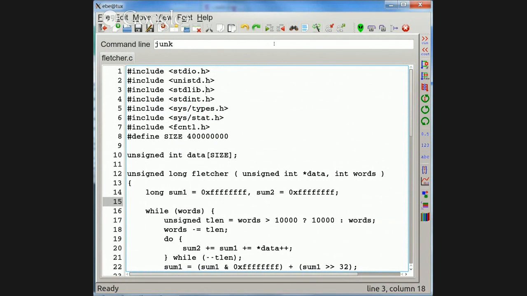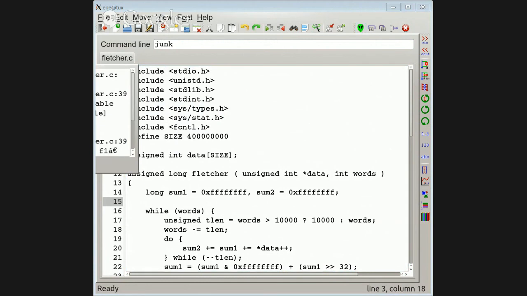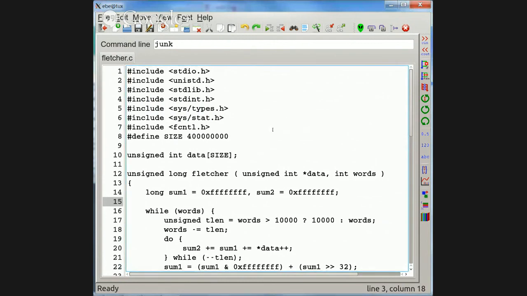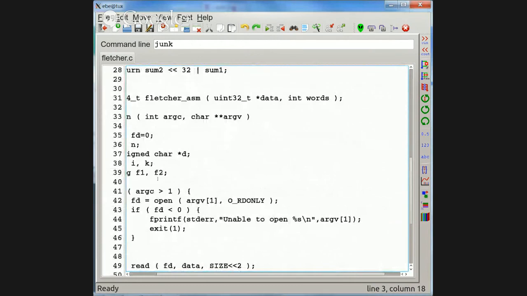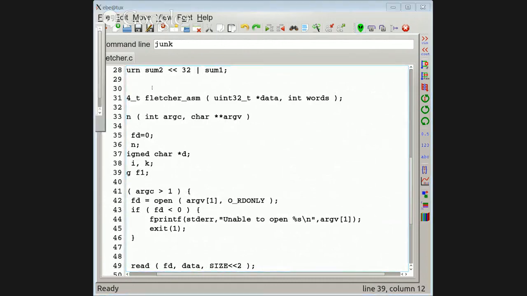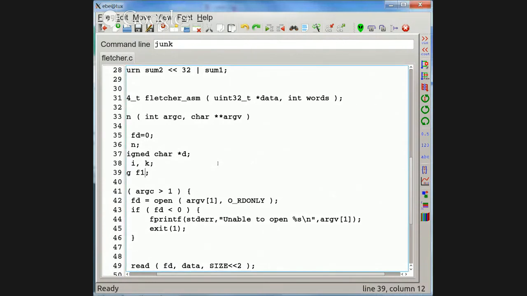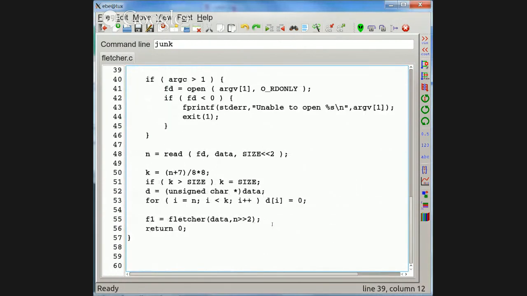The text in EB makes it easy to see the difference between an unused variable, and it's easy to see the difference between periods and commas. I think I'm down to one error. Long F1. Oh, it says it's set but not used. So perhaps if I would do a print, I would be making some real use for it.